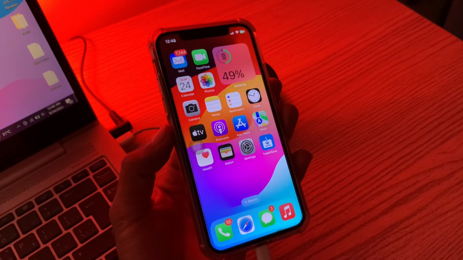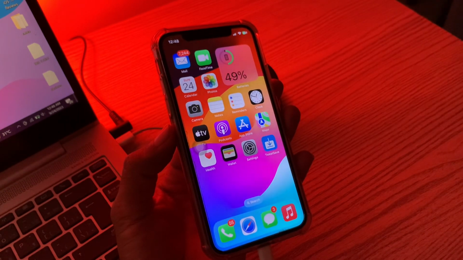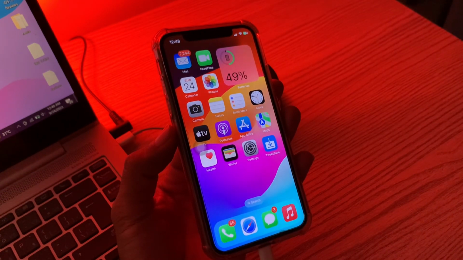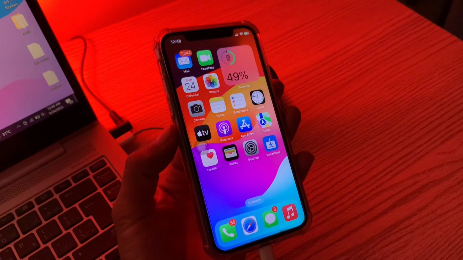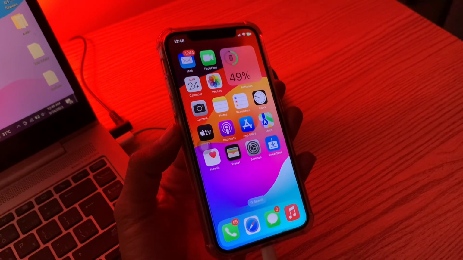In this video I'm going to show you how to fix audio message transcription not working on iPhone and iOS 17. Audio message transcription is one of the new features released in iOS 17. It supports transcribing audio messages into plain text in real time, allowing folks to read the audio message at a glance